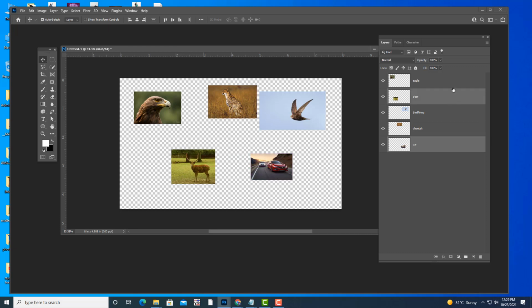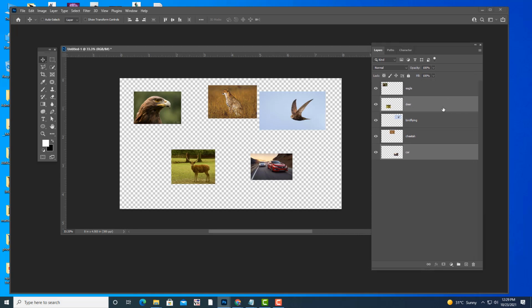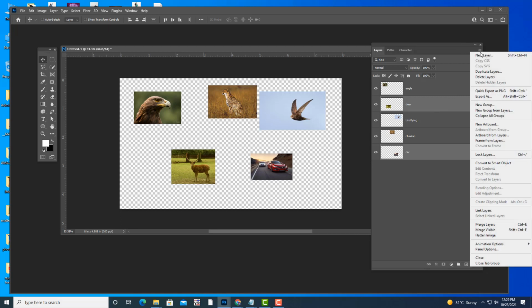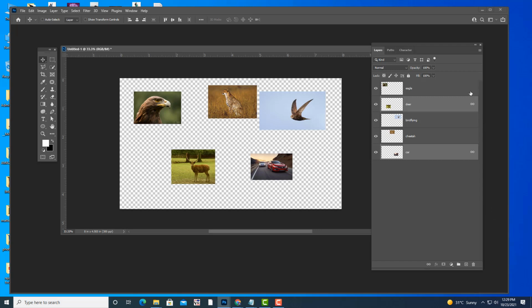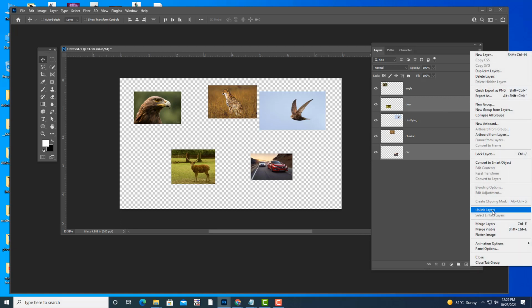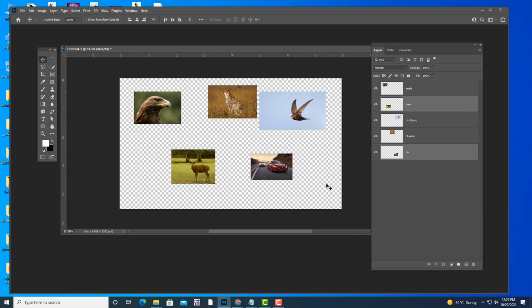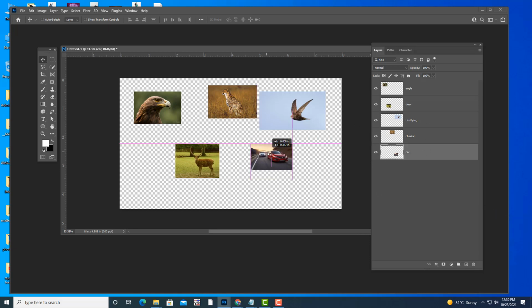And one more thing I want to tell you. You can also link the layers by going to the top right corner button and clicking on this link layers option. This is one good thing about Photoshop. So 2 or 3 methods are there for any action to perform. See, like this also you can link layers. And if you want to unlink also, just go to the top right corner and then click on this unlink layers. Like this also you can unlink. See, now both the layers are separated.